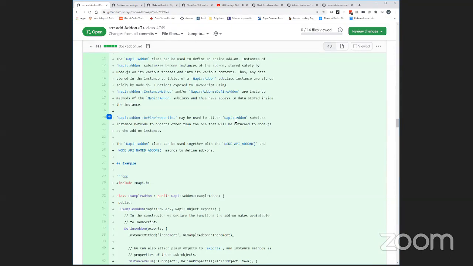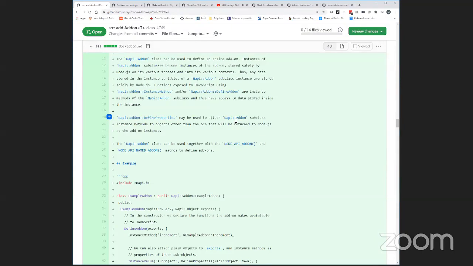And then you can have object wrap and wrap some of your stuff, right? You can solve it with object wrap by just exporting one class and that's it, and then everything you create is an instance of that. That may work, but add-ons don't necessarily follow that structure. Now you can do this where your entire add-on is an instance of an object, and then you don't need to worry about correctly retrieving the instance data. It will do it for you in your bindings. So those are the different levels.